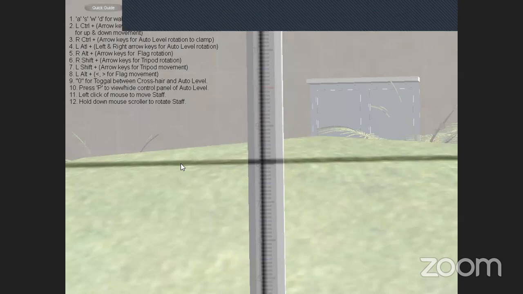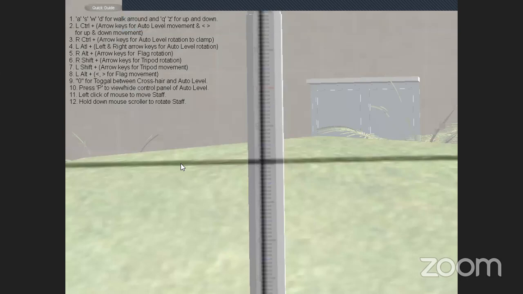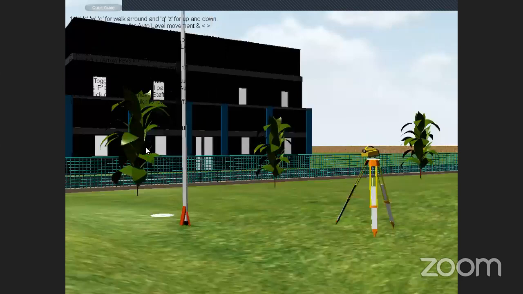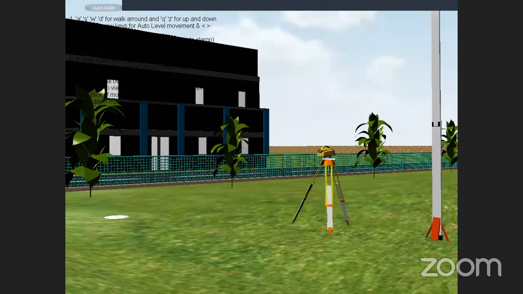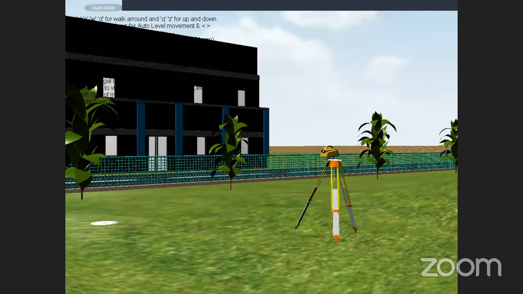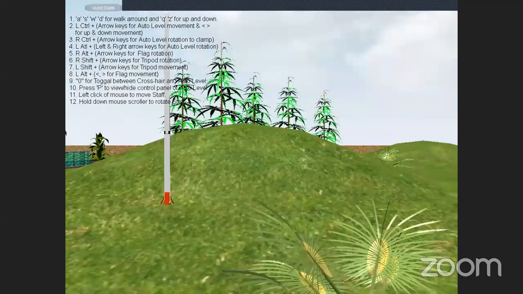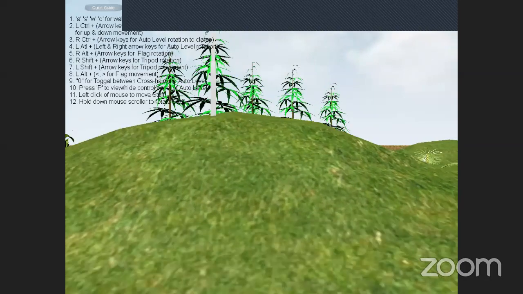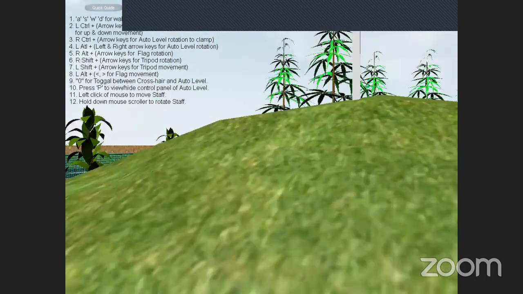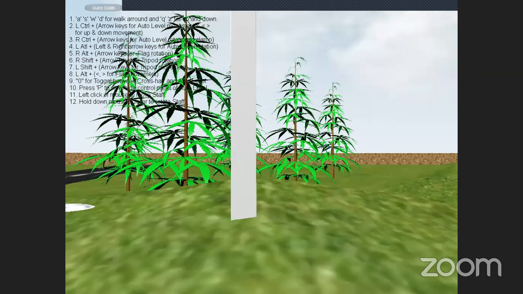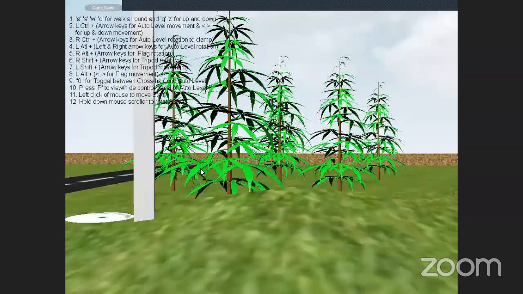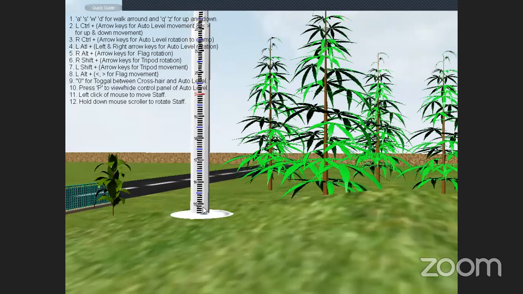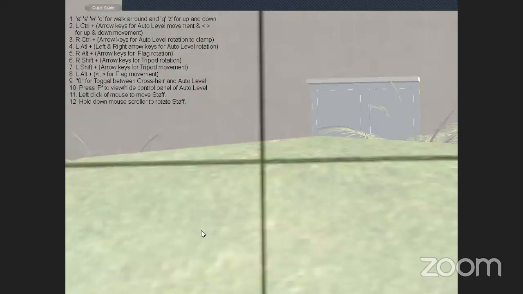Now I have to see the D point. Now we are going to move the staff position to D to take the foresight or intermediate side based on the D point. This is the procedure to do the virtual lab on survey. All the operations are not available, but you know how to take the level staff readings. Okay, see, like this.